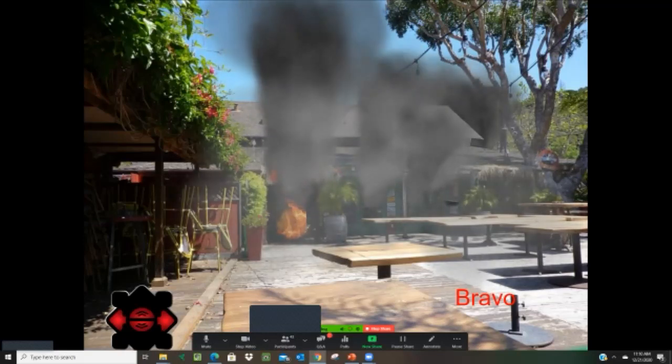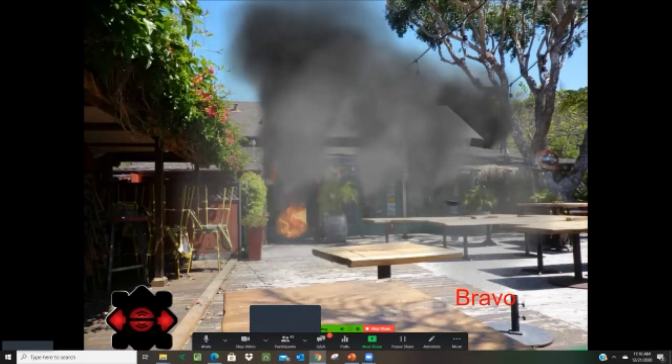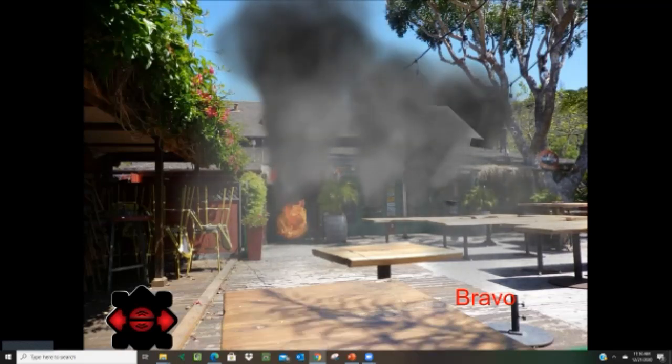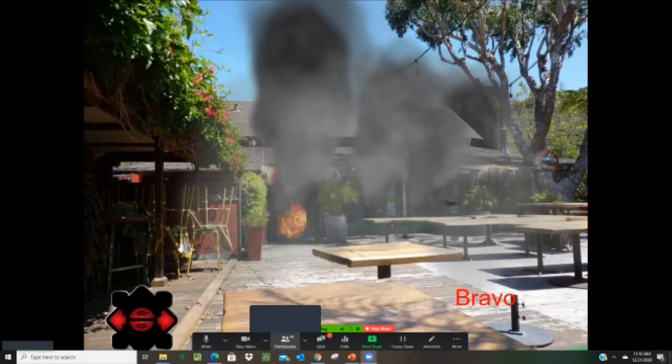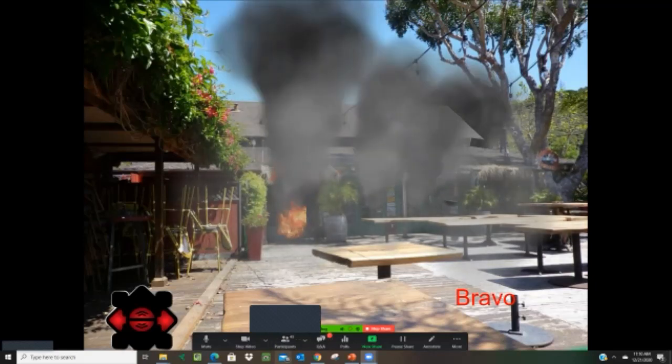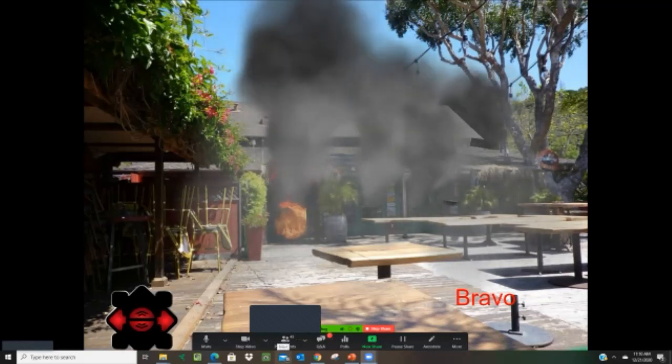Like you said, if you've got two engines there, the second one, definitely confirm the water supply, and then just assign them to Division Alpha to assist with that. Sounds like happy hour, it's going to be all hands on deck getting people out of there. After that, probably,